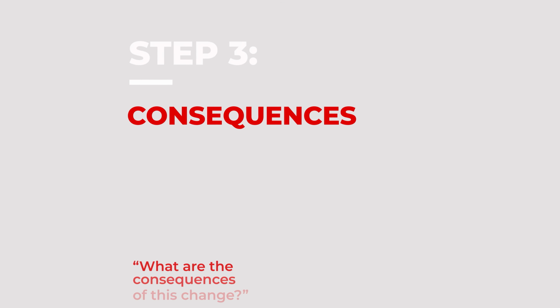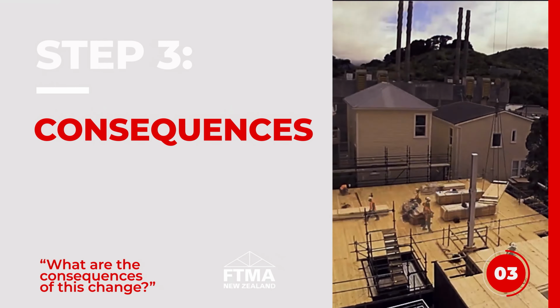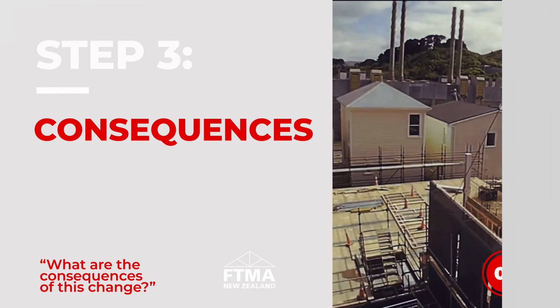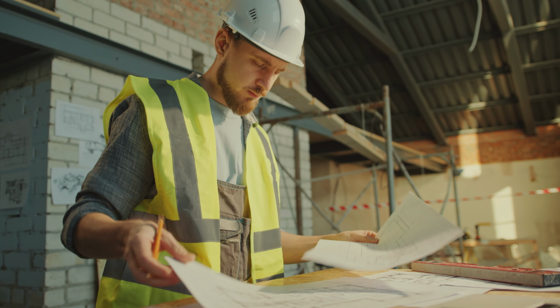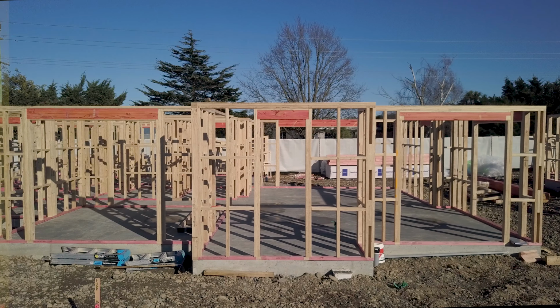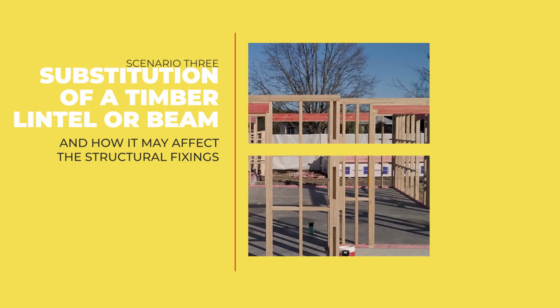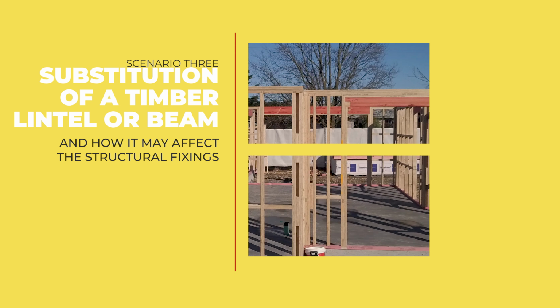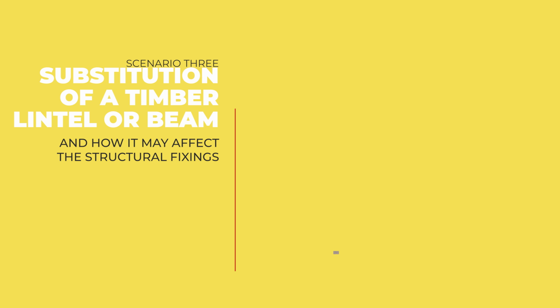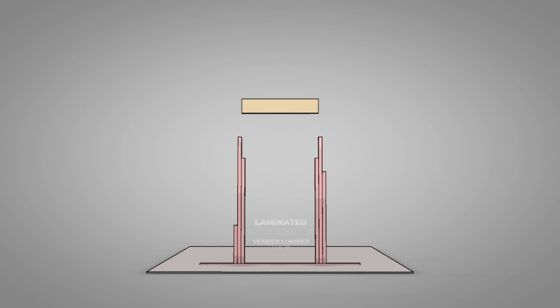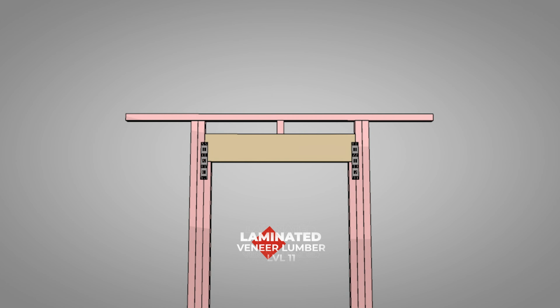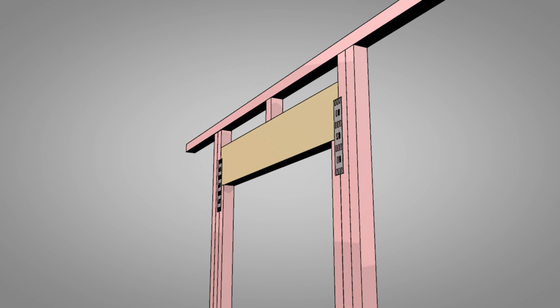Step 3. Consequences. What are the consequences of making this change? Are there any other parts to the structural building that will be negatively affected by this minor variation? A simple example of this is the effect of the structural fixings on the substitution of a timber lintel or beam. Let's take a beam that has been designed in solid laminated veneer lumber and is to be substituted with